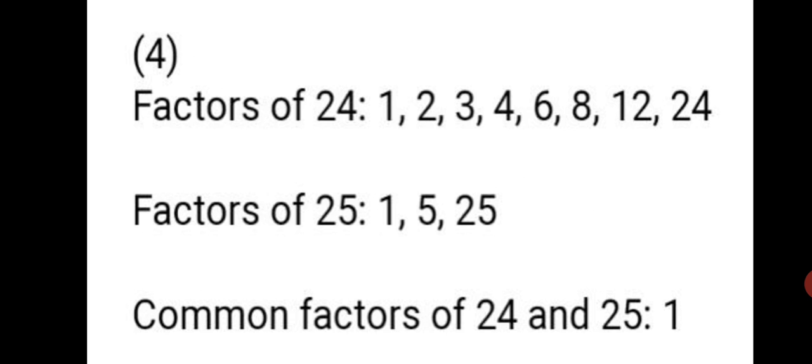Okay. Right now, just as I mentioned, you can cross check factors of 24. 1 into the last one, 24. 2 into second last, 12 is 24. 3 into third last, 8 is 24. And 4 into 6 is 24. So this way you can check whether you have listed all factors correctly. So there won't be any chance of missing out on any factor.